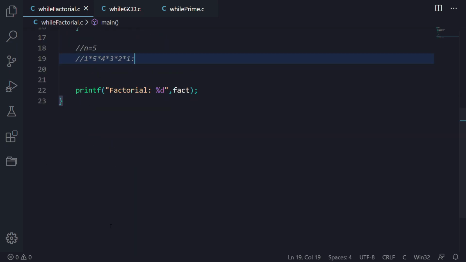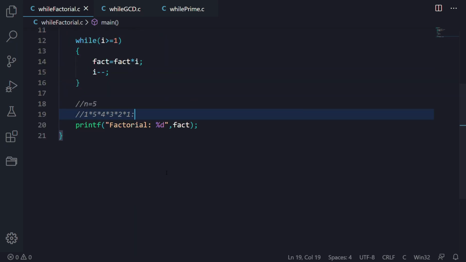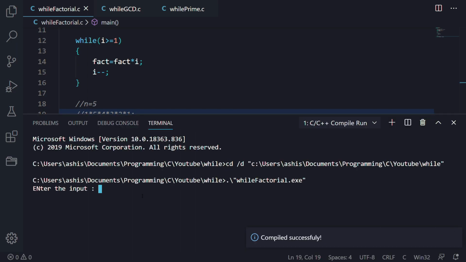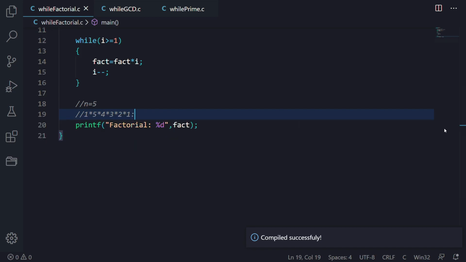Now let's just run this program. You have seen it is asking for a value. Let's say I give 5 as an input. Now the factorial is 120. This is what we want to achieve. You can multiply these values, that is 5 into 4 into 3 into 2 into 1, in the calculator, and you will see that we get 120 as our factorial. Now let's move to our second question.